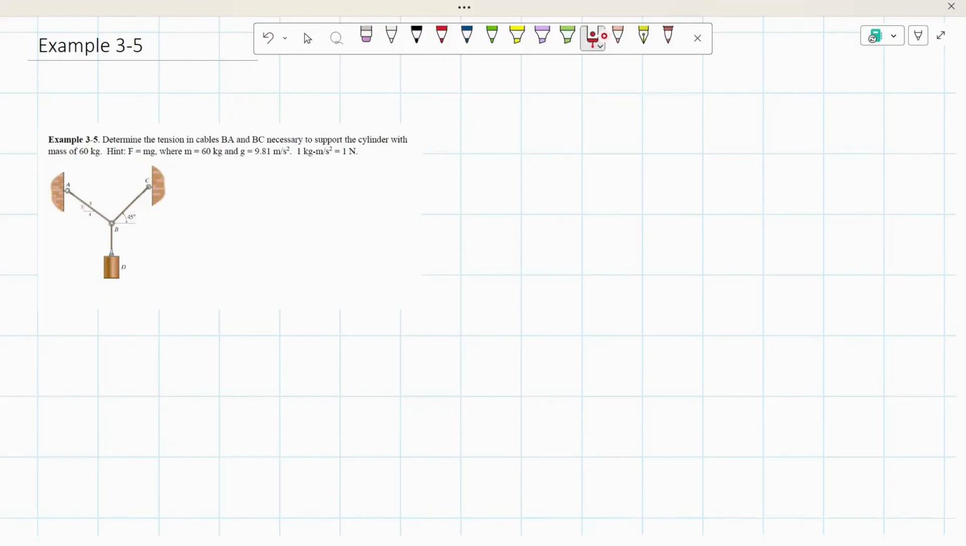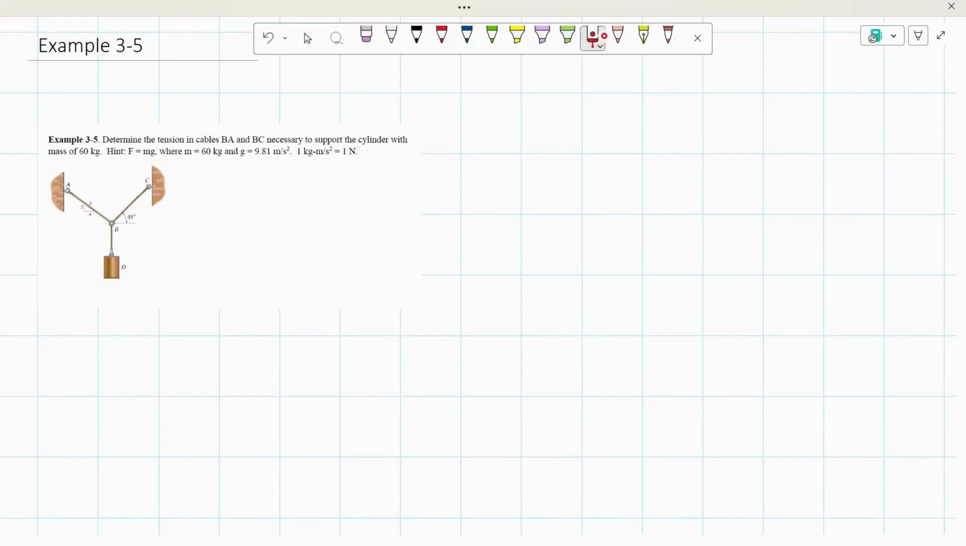A hint that we are given is that force is equal to mass times gravity, where the mass is 60 kilograms and gravity, we know, is 9.81 meters over second squared. And 1 kilogram times meters over second squared is the same as 1 Newton. So what we're trying to do is determine the tension in these two cables to be able to support the force that this cylinder is acting with on joint